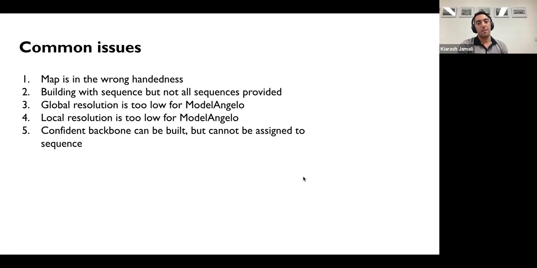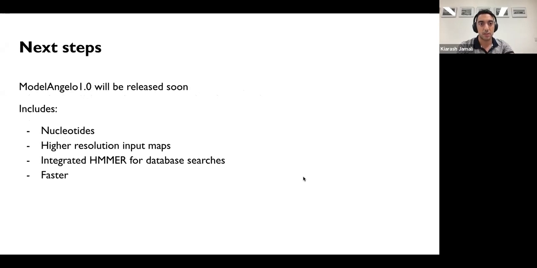To diagnose this, you're confident that the sequence exists in the input, and the Michelangelo raw output has that chain, but it just doesn't exist in the pruned sequence. Then you could still use the backbone that Michelangelo has predicted, but you would have to go and fix the sequence yourself. So those are some of the common issues.